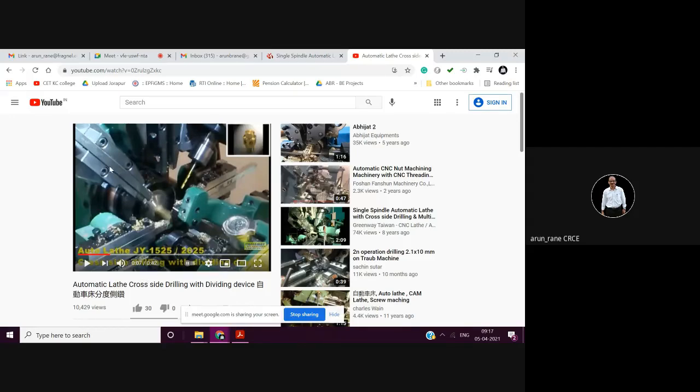Now, in order to reduce the load on the parting off tool, because you know parting off tools are very thin, usually 2 mm or 3 mm thickness. Imagine if this diameter is 25, that means this tool has to move around 12.5 millimeter plus 0.5 approach and 0.5 overshoot, so 13.5.